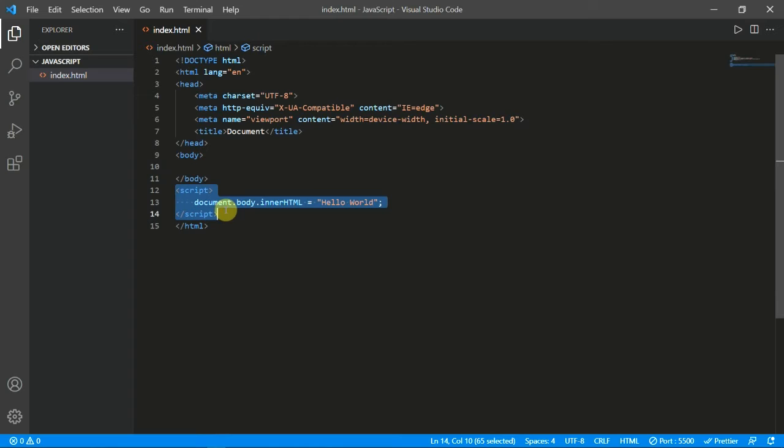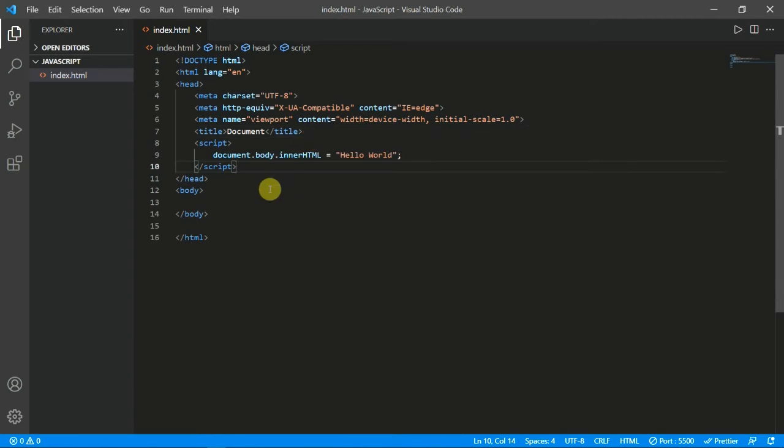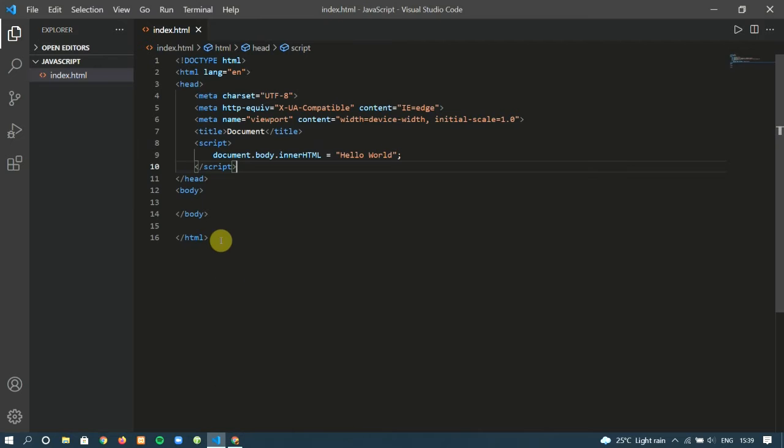So we can write it after the body, which I will recommend you to write all the script. You can also give it inside our head and inside body, but then inside our head when we are working with body we will get an error. So here we are not getting any output. So let me go to developer options, and in the console I am getting an error: cannot set property innerHTML of null at index.html at line 9.